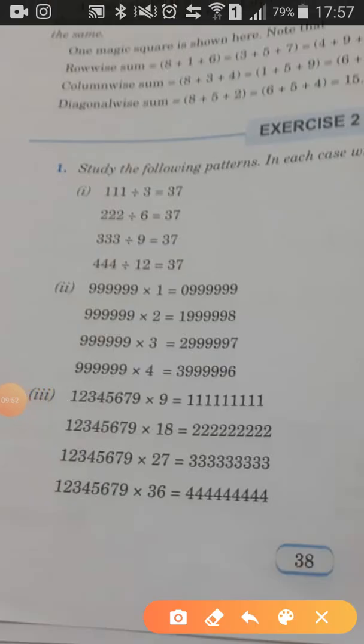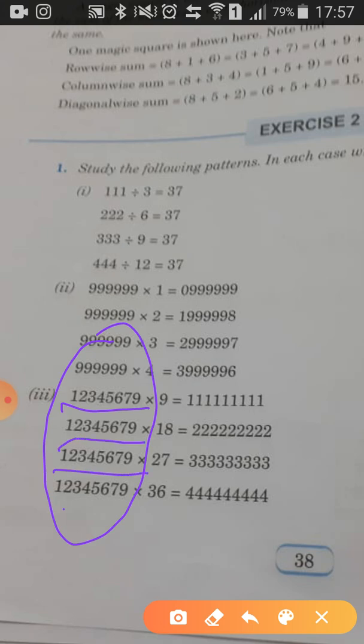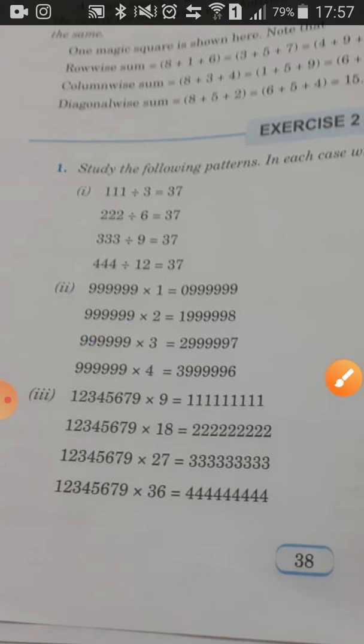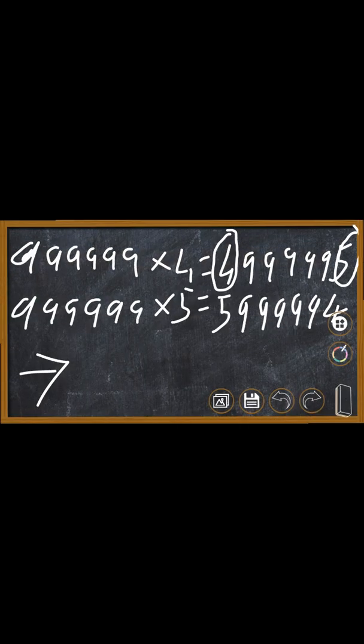Let's observe the similarities. The first similarity is that these numbers are equal in every step: 1 2 3 4 5 6 7 9, 1 2 3 4 5 6 7 9, 1 2 3 4 5 6 7 9. Okay, so our fifth step will be, the first thing which we will write is 1 2 3 4 5 6 7 9. Yes, this is what we will write in our first step.